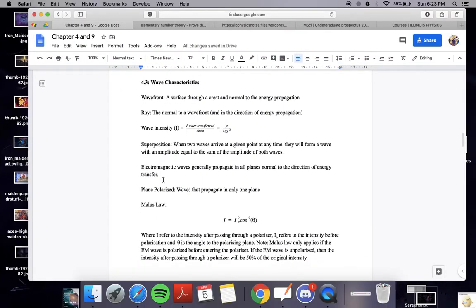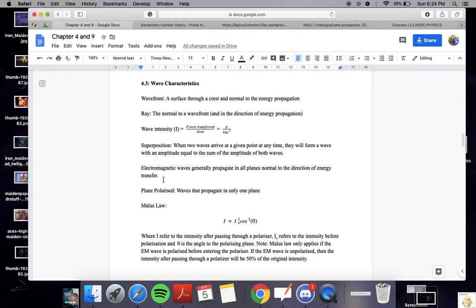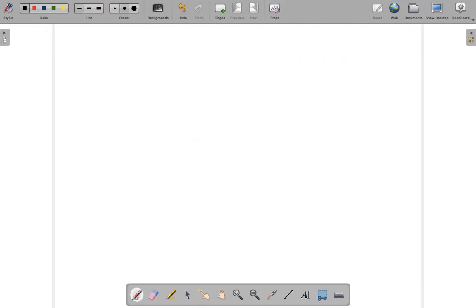Alright then, let's go ahead to 4.3 now. Wave characteristics. So the first thing is our wavefronts and rays. So a wavefront is a surface through the crest and normal to the direction of propagation. So what it is essentially is that if I have a wave like this,